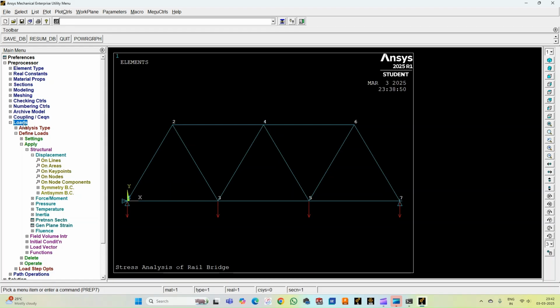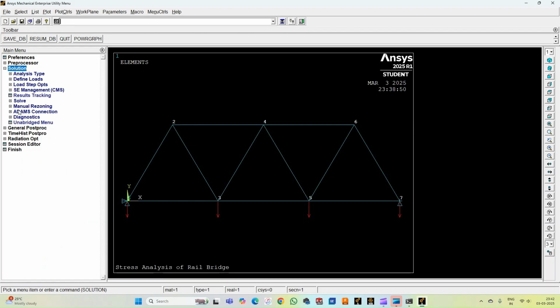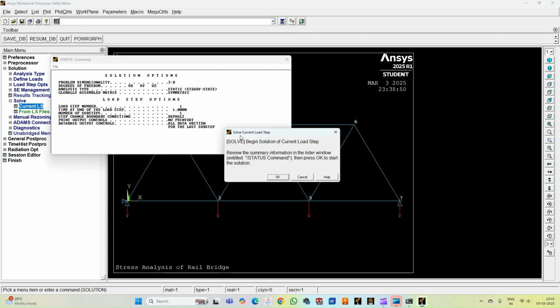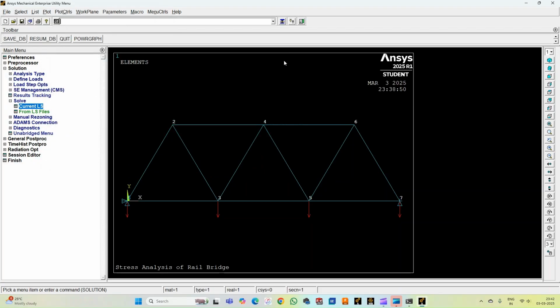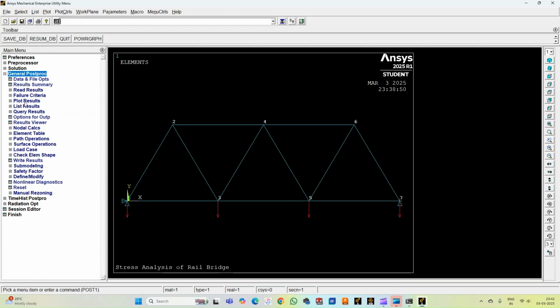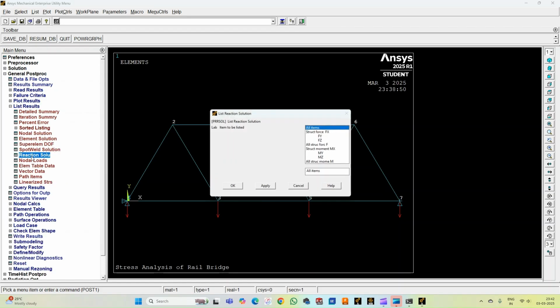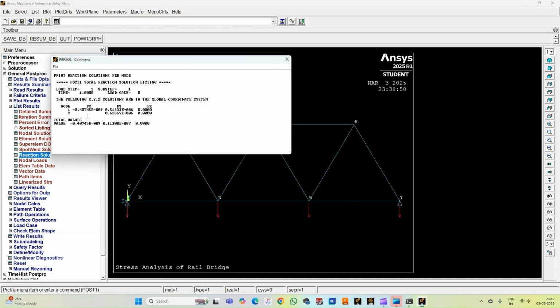So go for solve. So select solution and select solve and select the current load step. Click OK. So the solution is done. So now time for us to extract the results. So let us go for the general post processor and select list results and select the reaction solutions, all items, click OK. So since the support is at node 1 and 7, there are reaction forces only at those